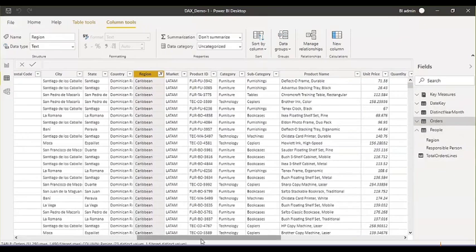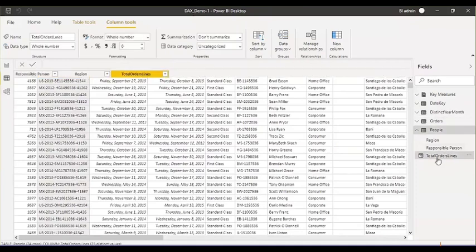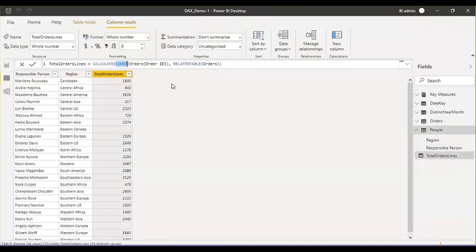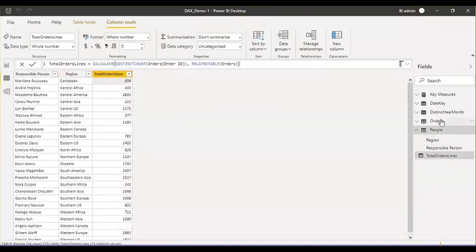You can select the order ID column for better tracking. Here you can see 1690 are the total lines. If you want to see the distinct lines, which means the total orders, then you can use distinct. For that, the total value would be 856. Let's change it. Instead of count, I can use distinct count. Press enter. You can see for Caribbean, it's showing 856, correct?